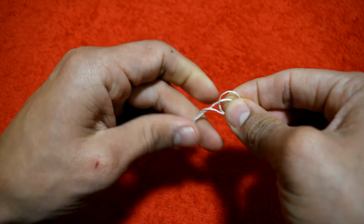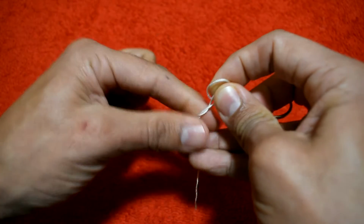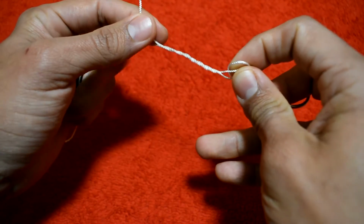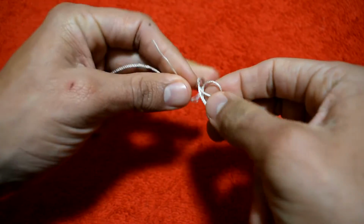1, 2, 3, 4, 5. After 5 times, we're gonna go back through the loop and the other